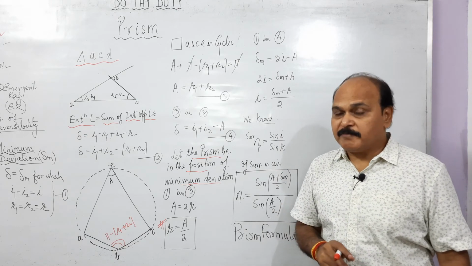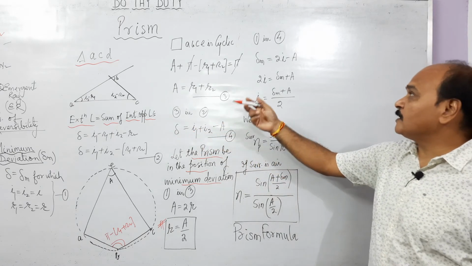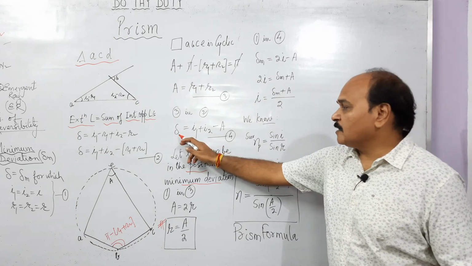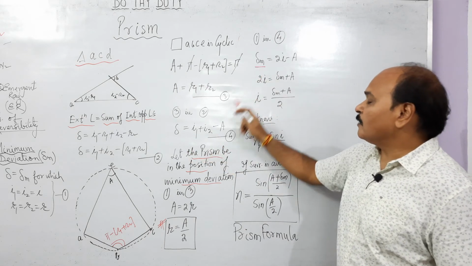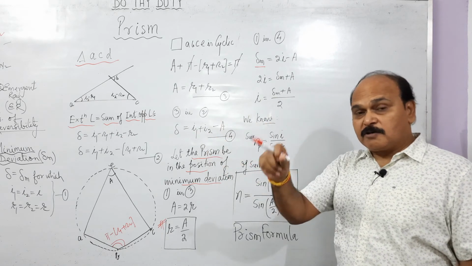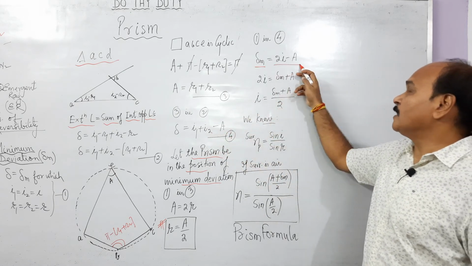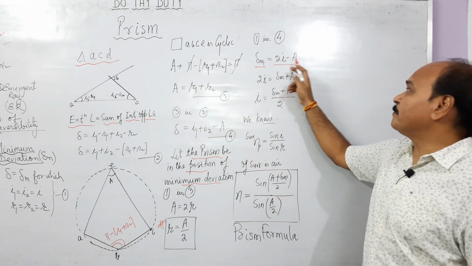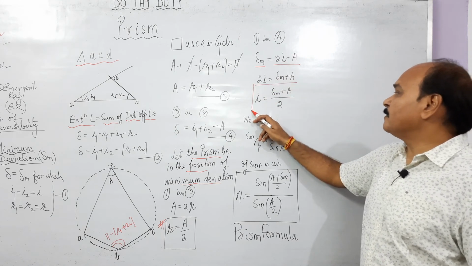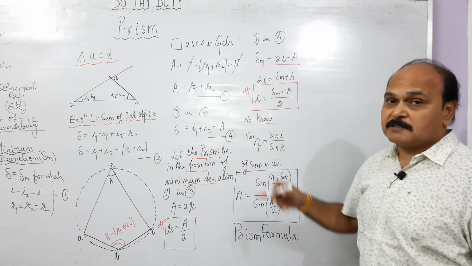And if we apply the same condition, that is I1 is equal to I2 is equal to I, in equation number 4, what is this? This delta becomes delta minimum. And what about this I1 plus I2? This I1 plus I2 becomes 2I, because I1 is equal to I2 is equal to I. So I plus I is what? 2I. 2I minus A. And if we solve it, we get delta minimum plus A is equal to 2I, or I is equal to what? Delta minimum plus A upon 2. This is the value of I, the angle of incidence.